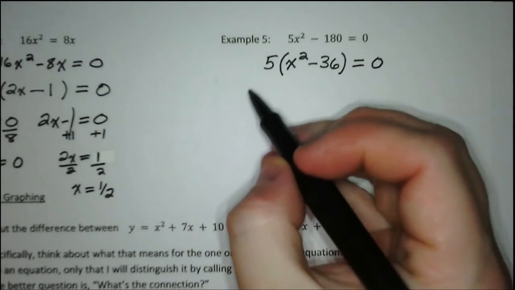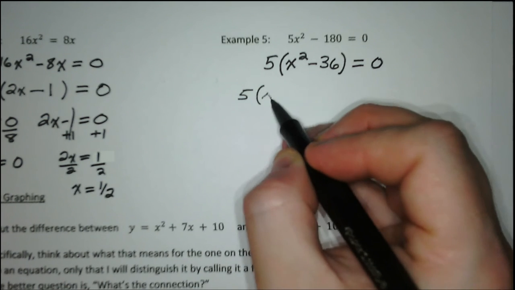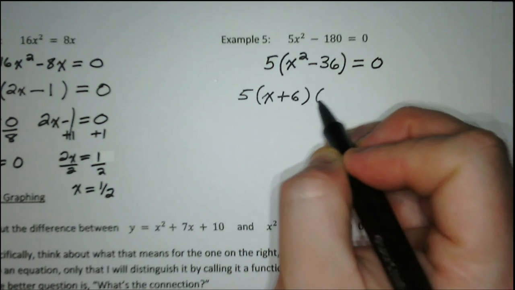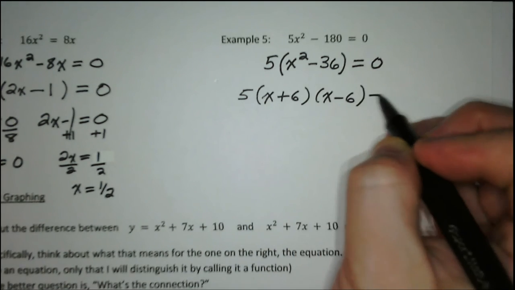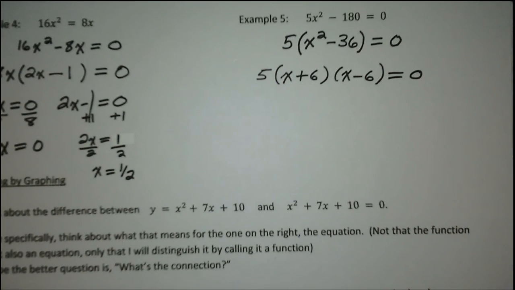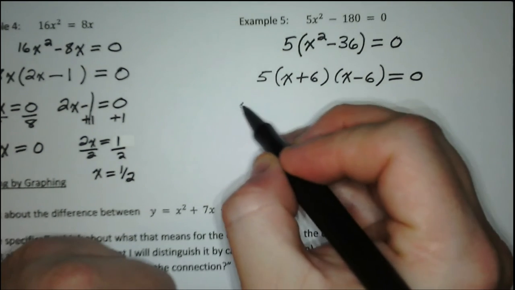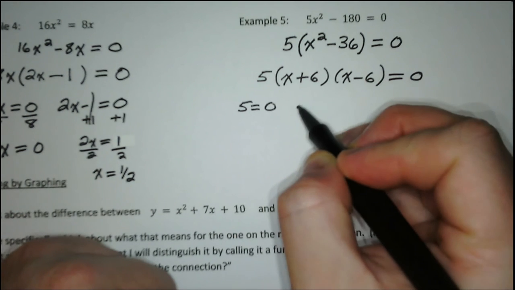But here in example 5, guess what? X squared minus 36 is a special case unfoil. So there we go. Now we're done factoring. Now we can set all of our factors